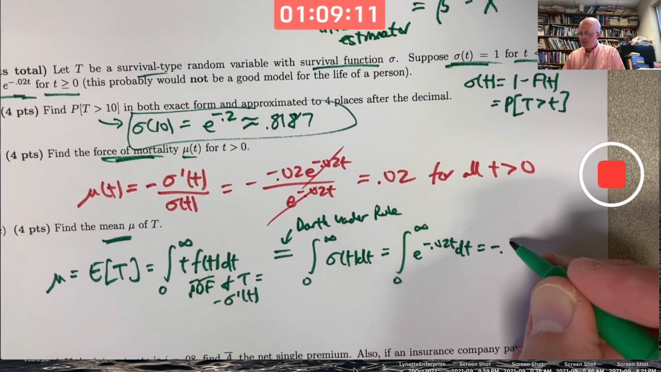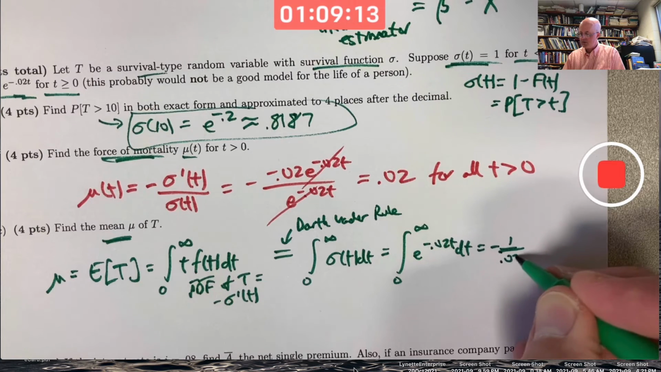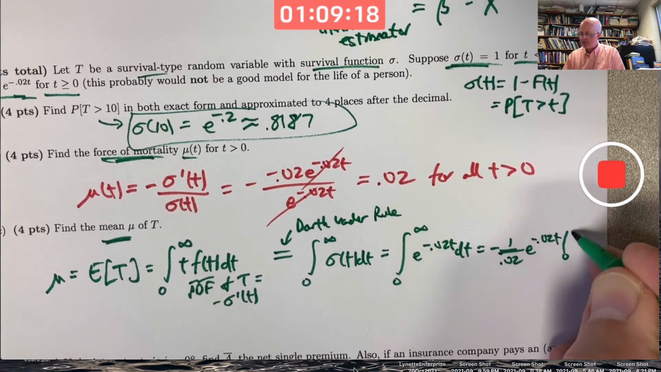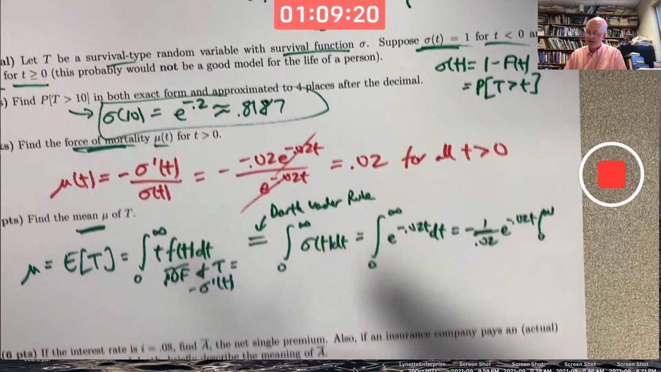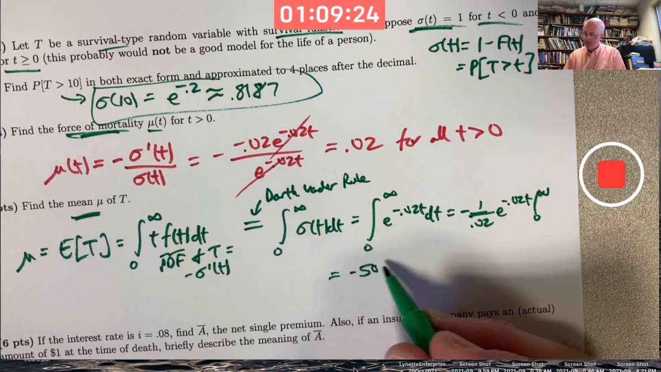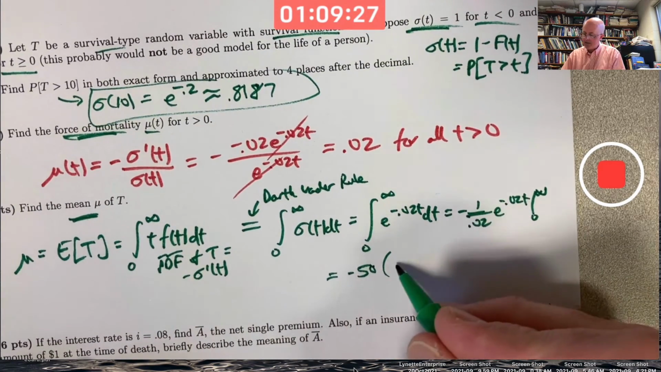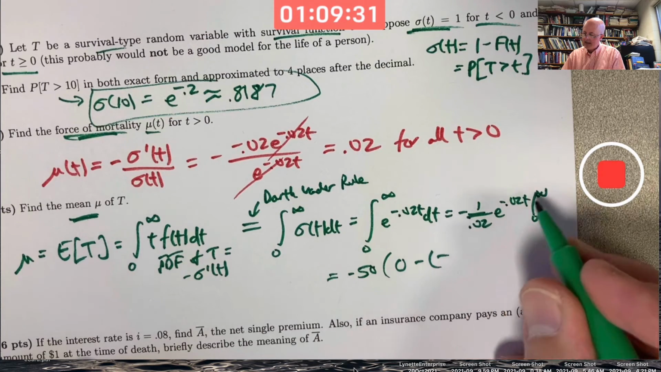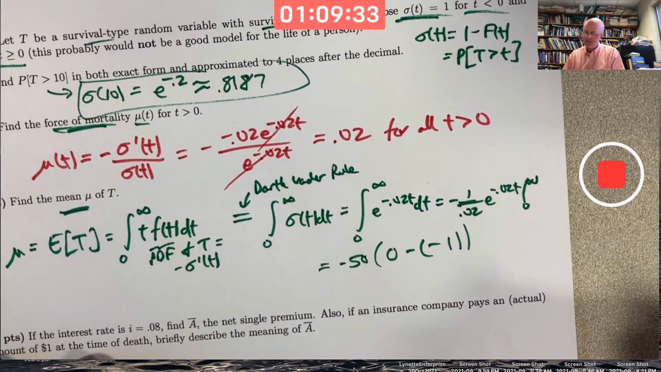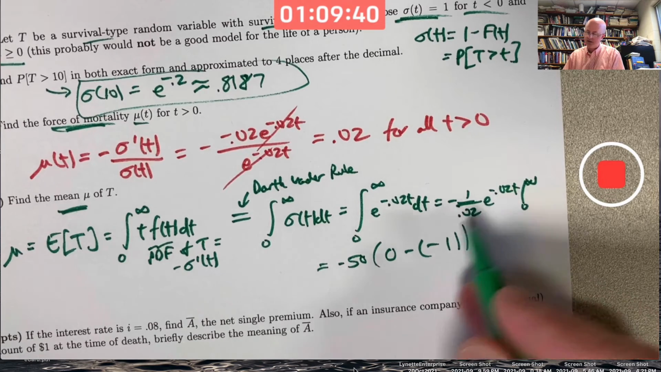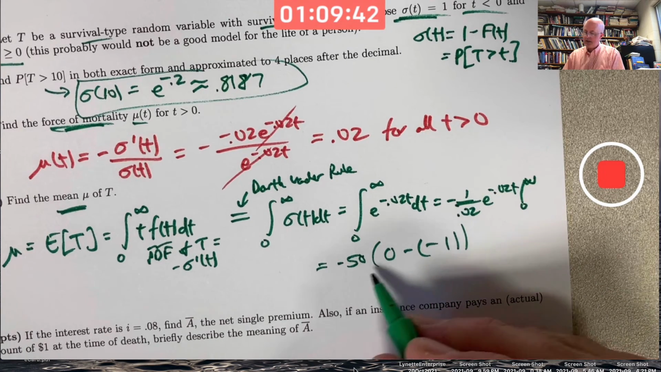I'll have negative 1 over 0.02 e to the negative 0.02 t, evaluated from 0 to infinity. Technically speaking, I should put a limit sign in here. It's an improper integral. That's the same as negative 50. When I quote-unquote plug in infinity, I get 0. When I plug in 0 into e, I get 1. Okay? Now, I'm not literally plugging in infinity. I'm imagining letting t go to infinity for the first term there. So we get negative 50,